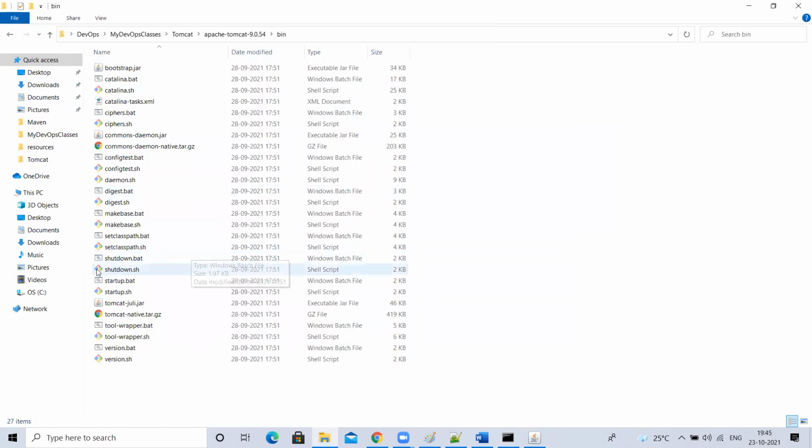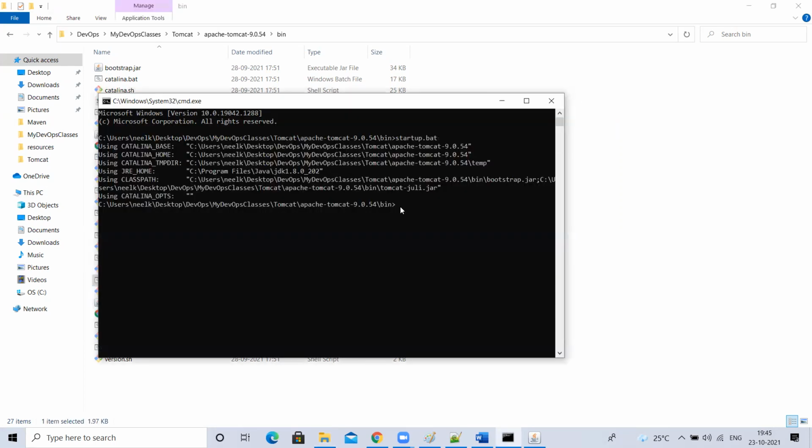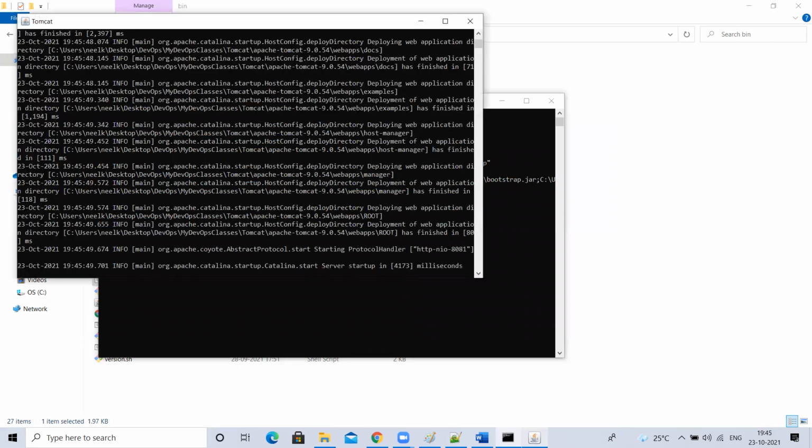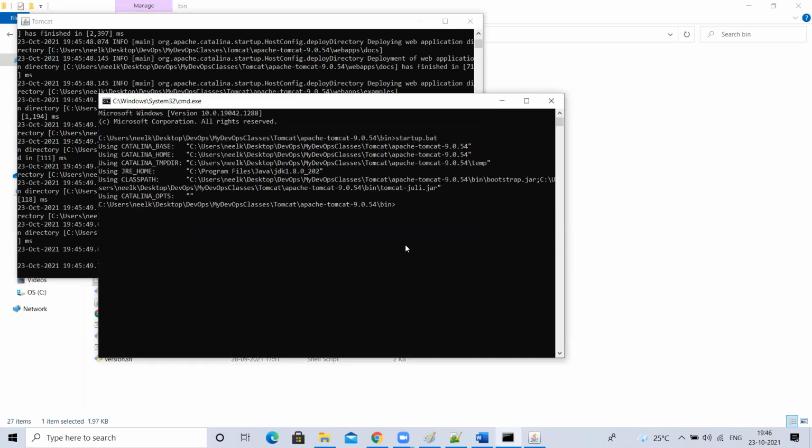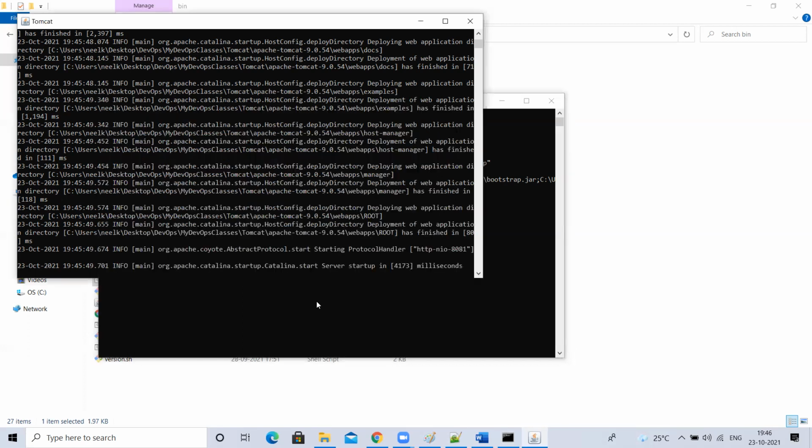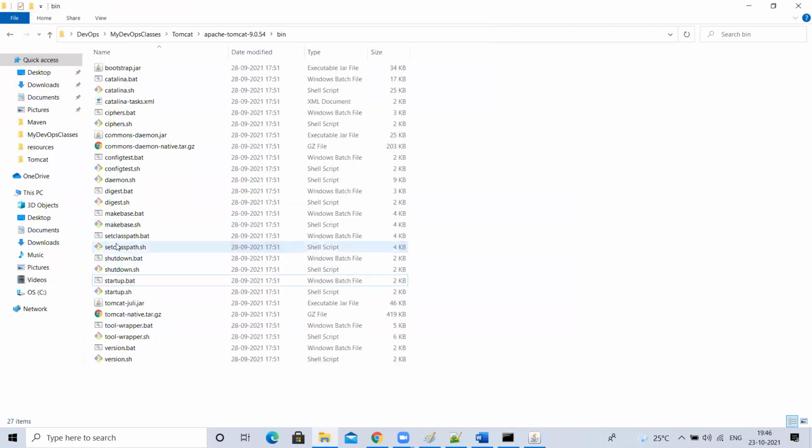Either you can double click startup.bat, or else you can run it as a command. Once you run it, Tomcat will open a pop-up like this. If you want to stop Tomcat, you can close this, or else you can run shutdown.bat. There is one file here, shutdown.bat.